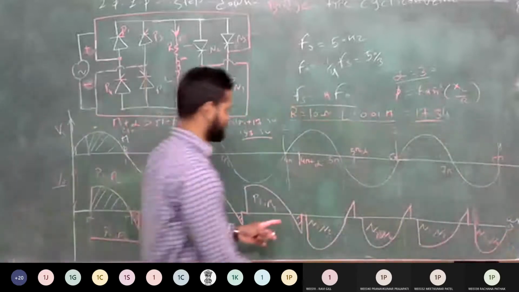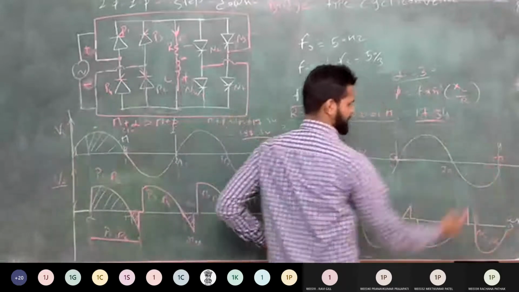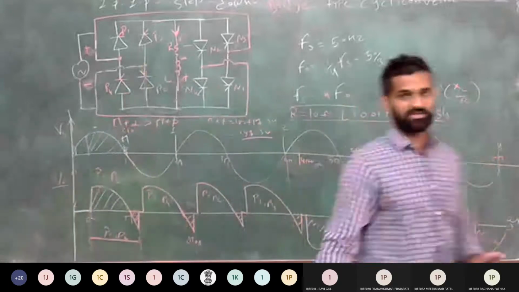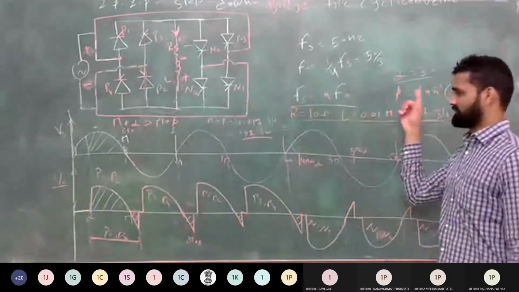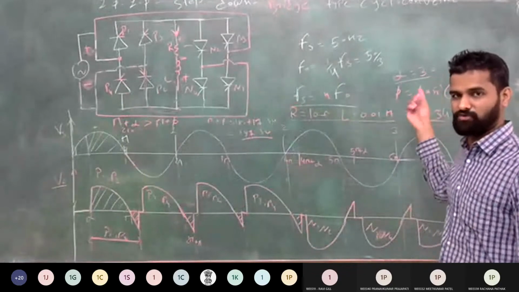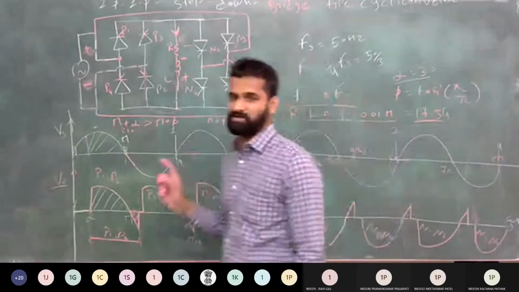So here you can see that after the 4 pi, your average voltage is negative up to this 8 pi. This next cycle, positive and negative. So this is a condition of inductive load for different values of alpha. Here take 30. Same way you can take any alpha: 30, 45, 90, whatever magnitude of voltage is required by the load.